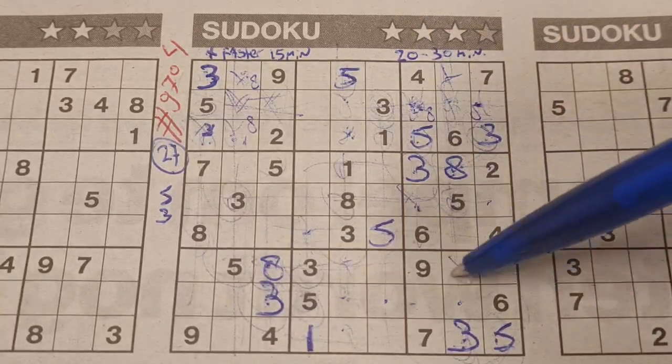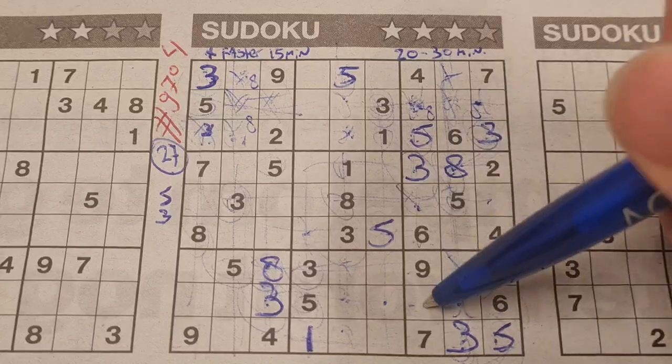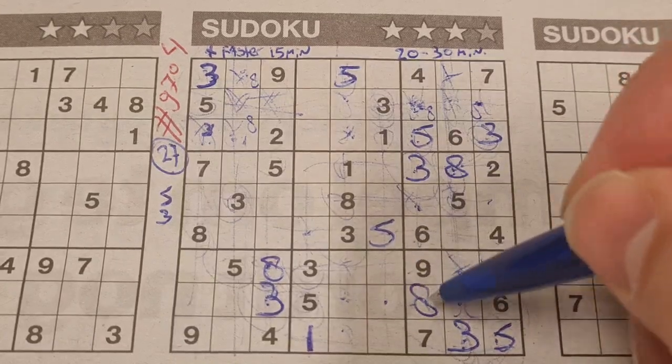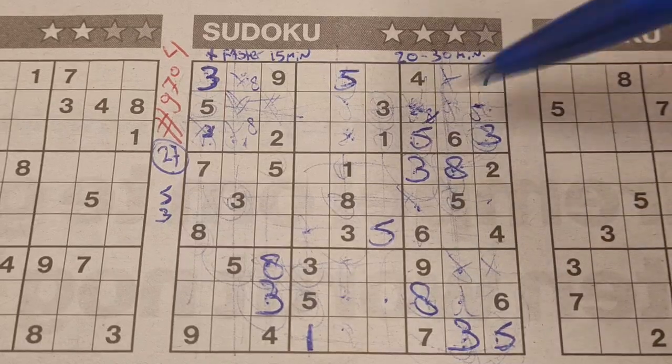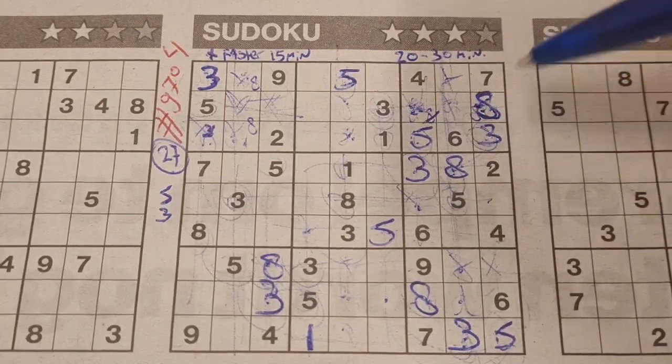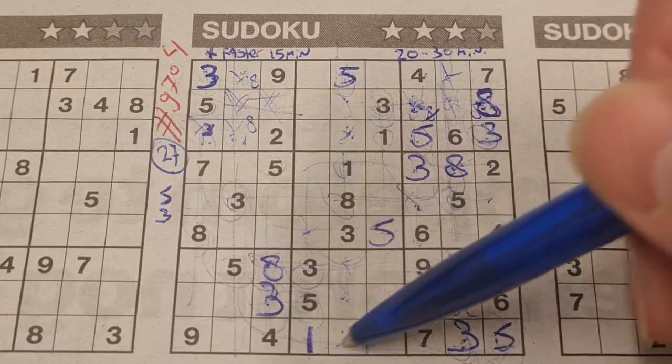We have 8 in this row, no 8 in these two boxes. We have 8 in this column, no 8 in those two boxes. So one box left with 8 in this big square should be there. And I've marked those two boxes earlier with 8. We have 8 in this column, so no 8 there. 8 should be there. 8 in this row, 8 in the row below, so last row, the only two places